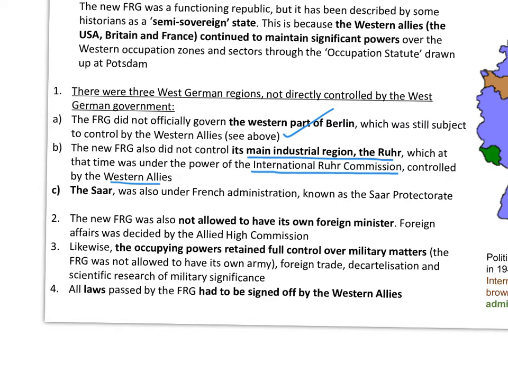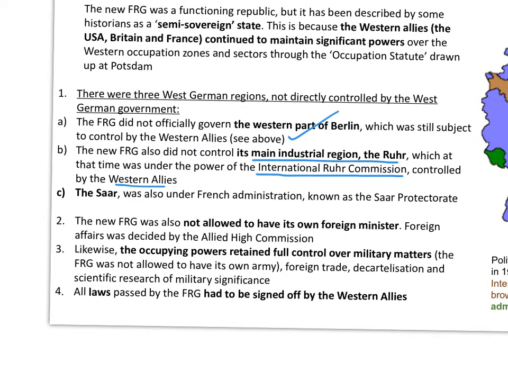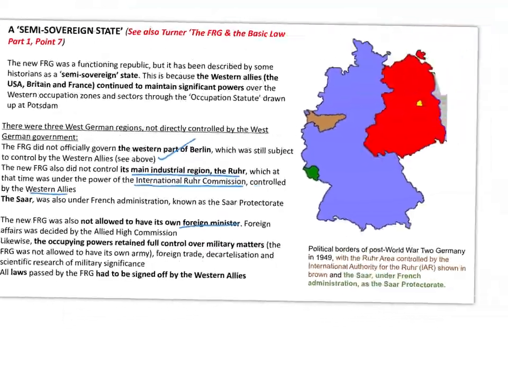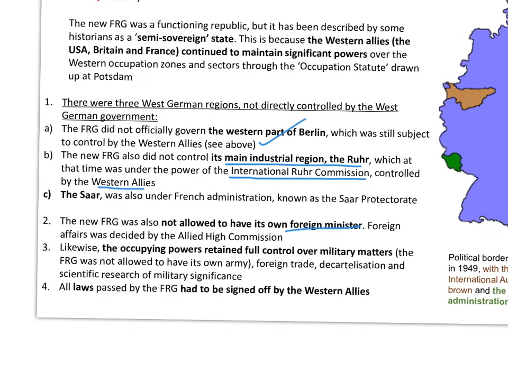And then you've got the other region, which was the Saar. Now, the Saar, as I mentioned in the lesson yesterday, is there in green, okay, a much disputed area right on the border of France, which was very, very rich in raw materials, so therefore hotly disputed. And actually, in the mid-1930s, the people of the Saar voted for their region to be part of Hitler's Third Reich. Okay, it was a disputed area at the end of World War I, which is why at the end of World War I it was put under international control.